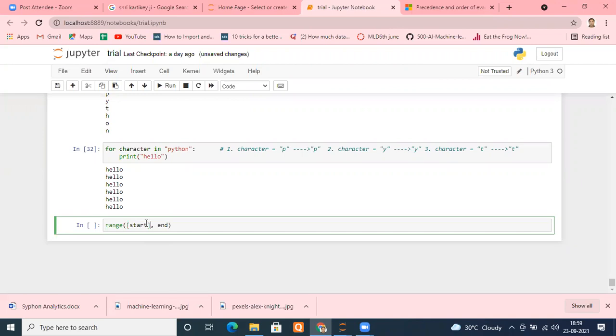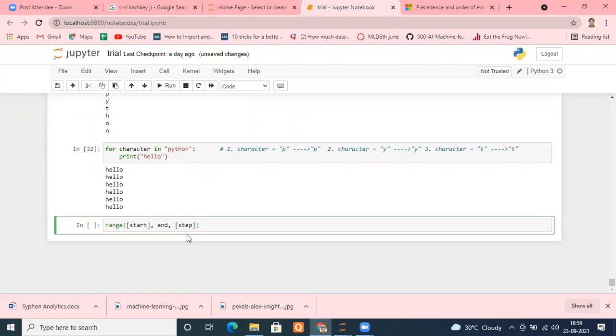If you don't give it, it will consider start from 0. It is mandatory to say where you want to end, and whatever number you give at the end, it will take one less than that. Remember that. Suppose I put 10, so it will take numbers only till 9. And the third one, again optional, is step.